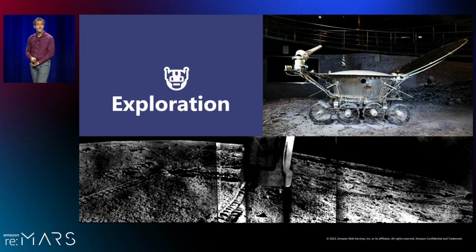3 months before Apollo 14, in November of 1970, the picture along the bottom was sent back to the Earth. It's a panoramic image taken from the Lunokhod 1. The Lunokhod 1 is the rover in the upper right. It kind of looks like something from an old science fiction movie, but actually it was the first rover to operate beyond the Earth. The Soviet Union created Lunokhod 1, and they followed with Lunokhod 2 in January of 1973,